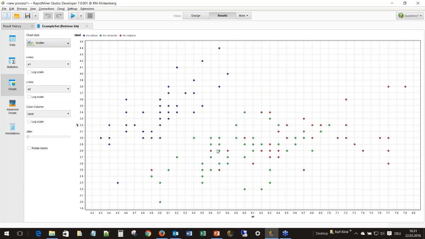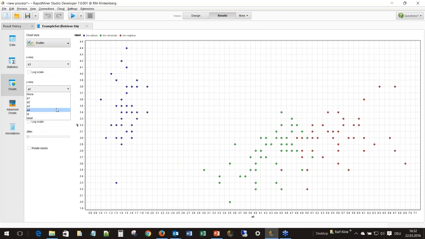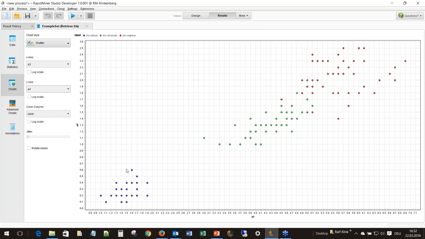But the green and the red cases are much more difficult to distinguish here. So now I could randomly play with those. Maybe A3 and A4 are better. And it turns out, yeah, this choice is better. Blue is even easier to separate. Green and red becomes also easier to separate, although there still is a little bit of an